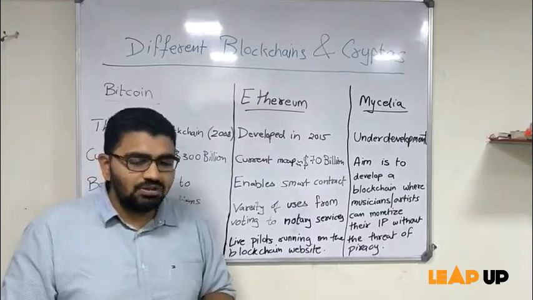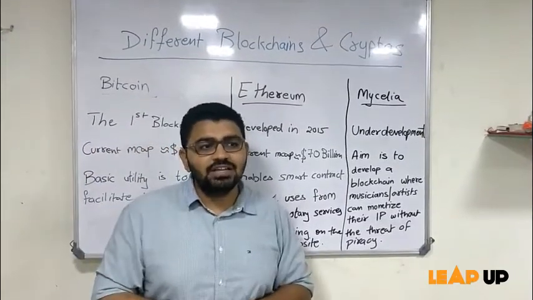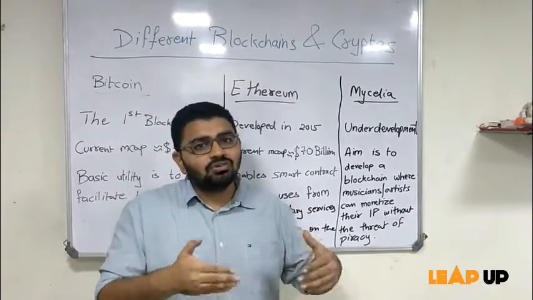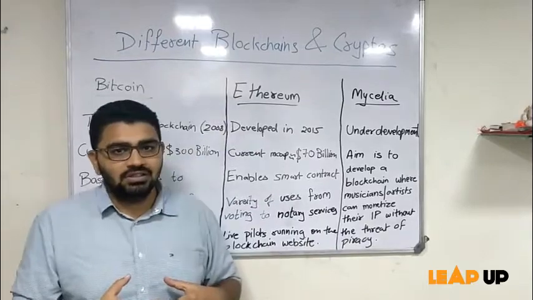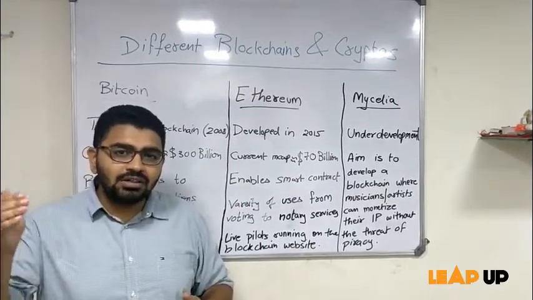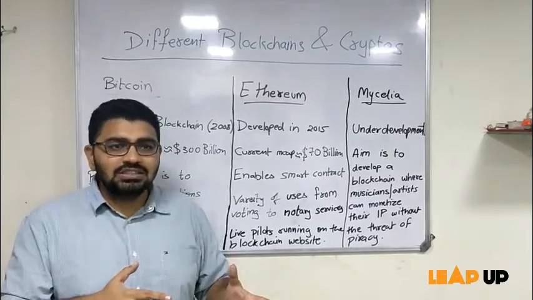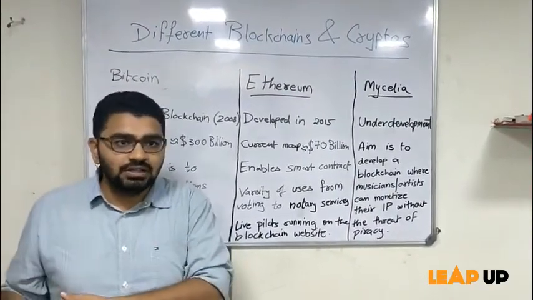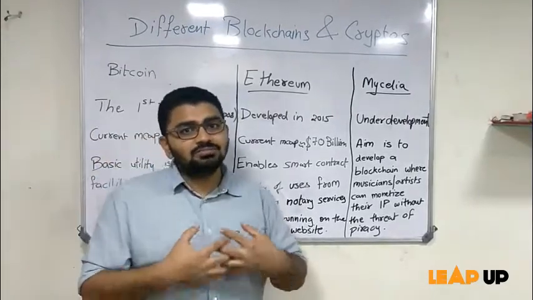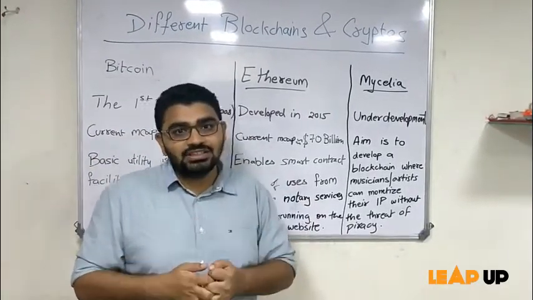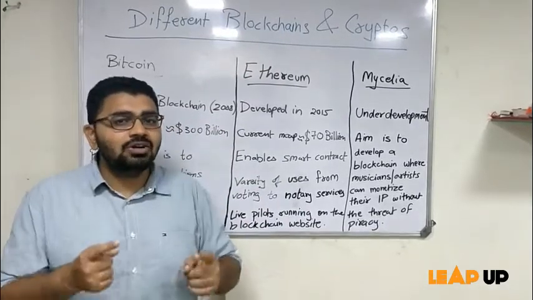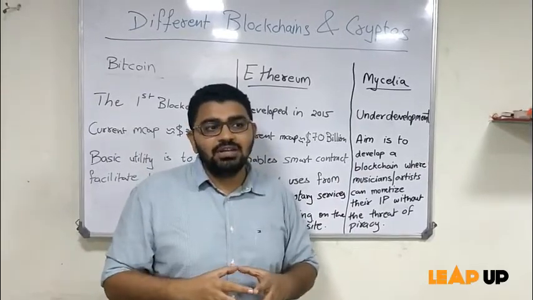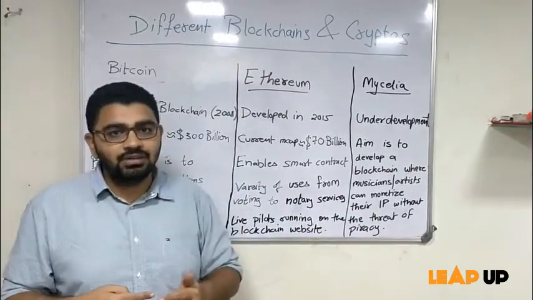Let me give you an example. Today, if I am a budding artist and I, let's say, make a video or sing a song, I put it on YouTube, I get a lot of views and obviously I can monetize it. But at the same time, there will be 100 other copycats who will make remixes, different mixes of this song and earn their own money. Originally this song is my IP and I should be getting a share of these remixes, but today that does not happen. Now Mycelia actually protects your IP and ensures that such a thing does not happen,